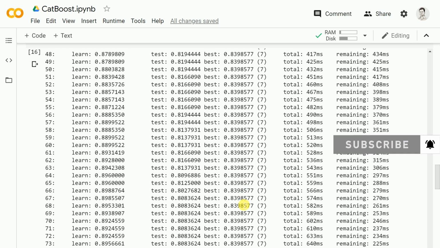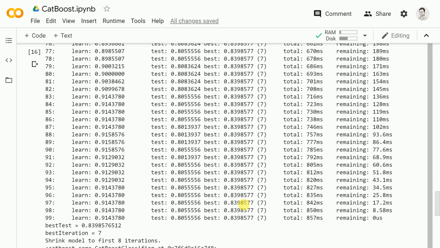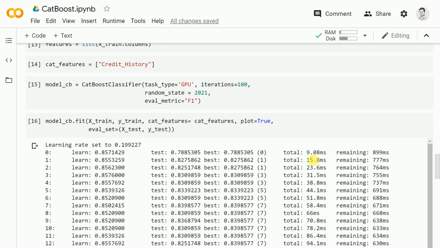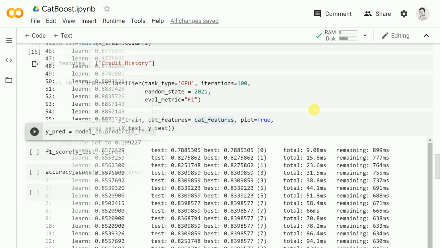So you can also set up the learning rate. I didn't play around with a lot of parameters which are there, but I wanted to give you a heads up in terms of the advantages. And if you notice carefully, it didn't throw me any error for either the missing values or the categorical features that I had. Now if you go back to the fit step, there's one thing that I missed explaining that I'm covering right now. For all the categorical columns that you have, you just have to specify which are the columns which are actually categorical, and the algorithm will automatically take care of that and create the best fitting model for you.